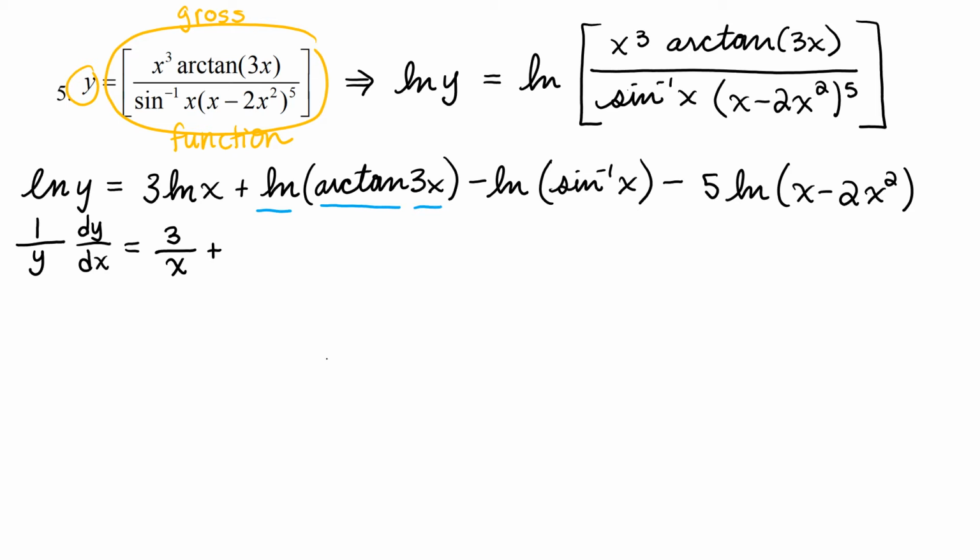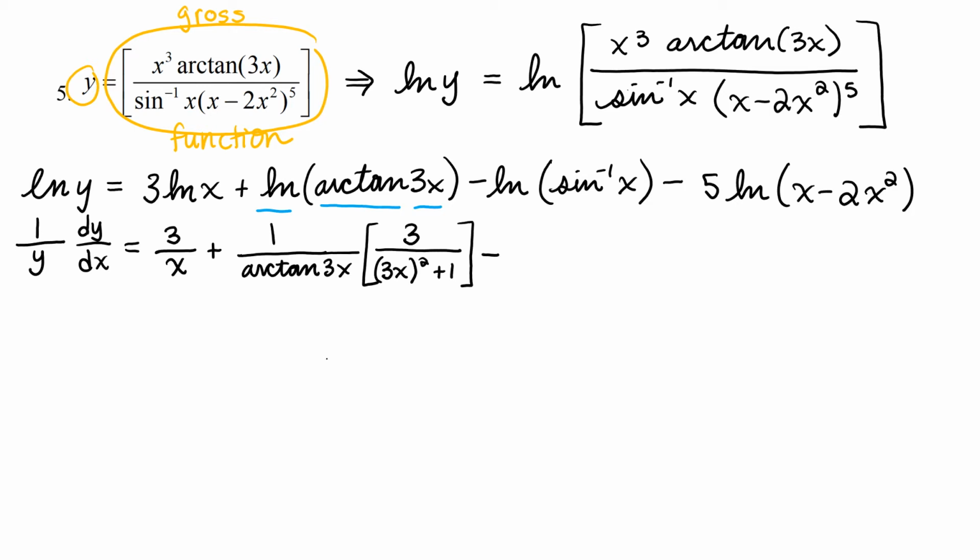The derivative of natural log is 1 over what's inside of it, so we have 1 over arctangent of 3x times the derivative of arctan 3x, so that will be 1 over whatever is inside of it, so 3x squared plus 1, times the derivative of what's inside of it, so times 3, so that'll end up being 3 over this 3x squared plus 1,